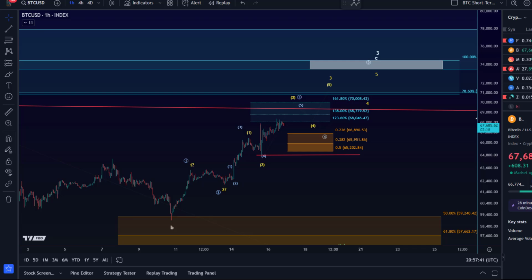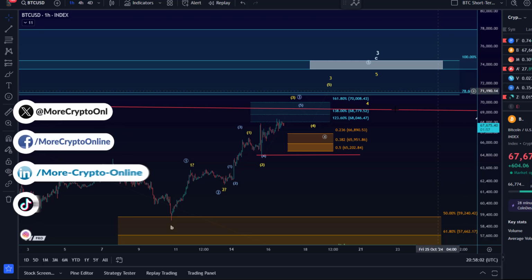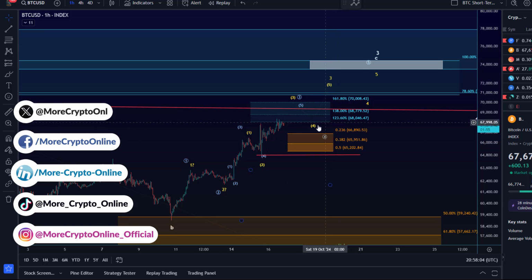Bitcoin is still forming higher highs and higher lows. Over the last few hours, it's pretty much just been consolidating. Throughout the afternoon, I've provided these micro Fibonacci resistance levels on Discord, and I want to talk about them now in this video. I also want to talk about the micro support levels and the two wave counts here on the 1 hour chart.